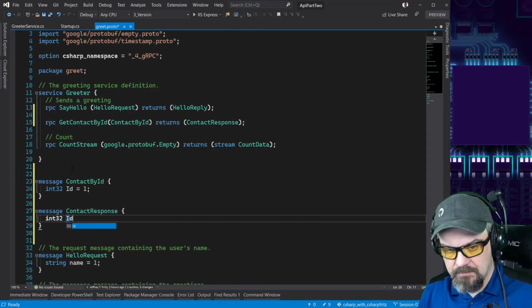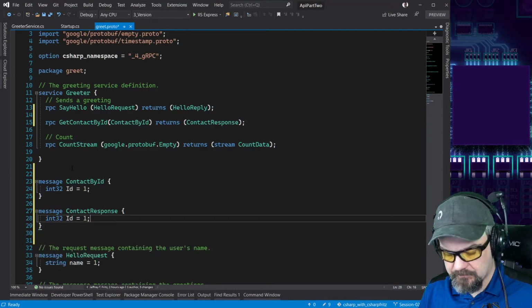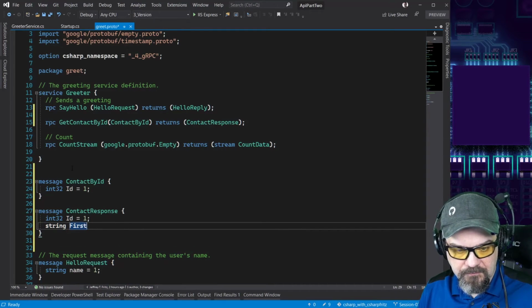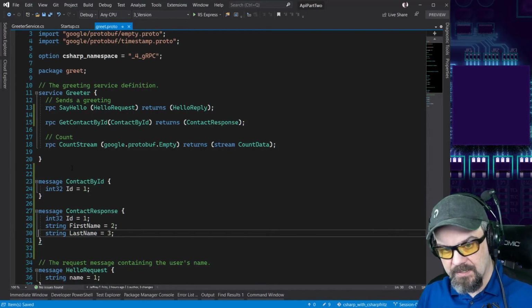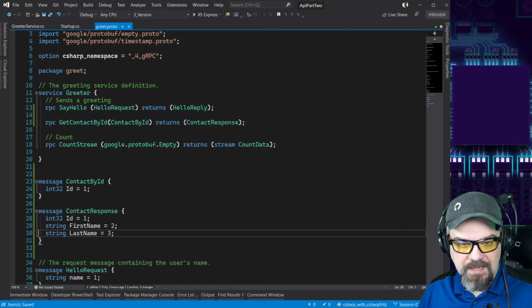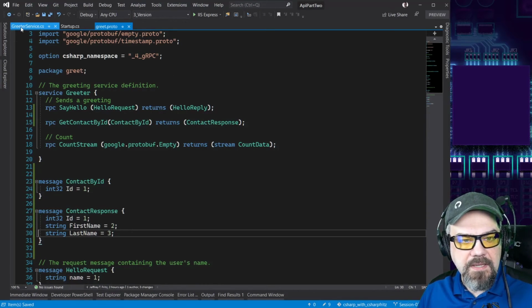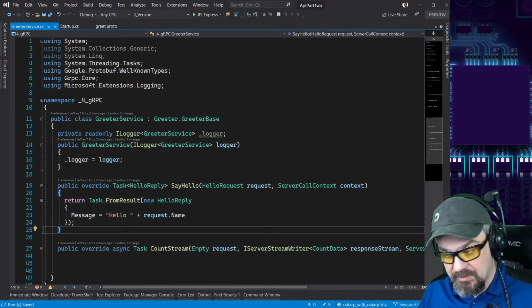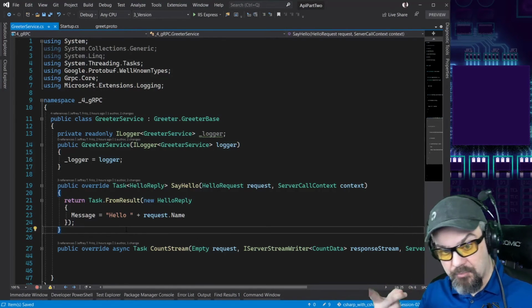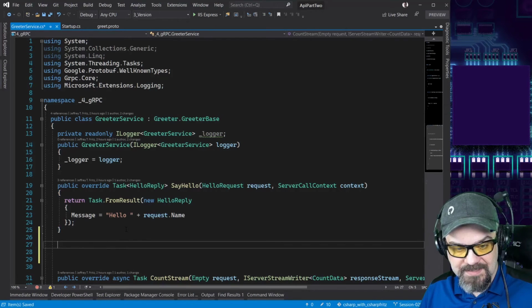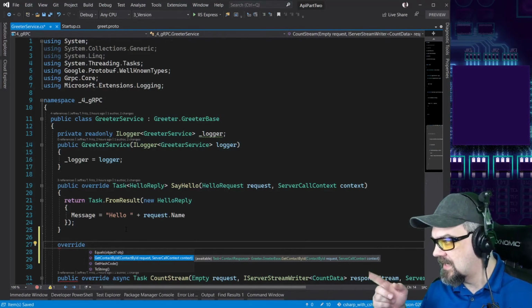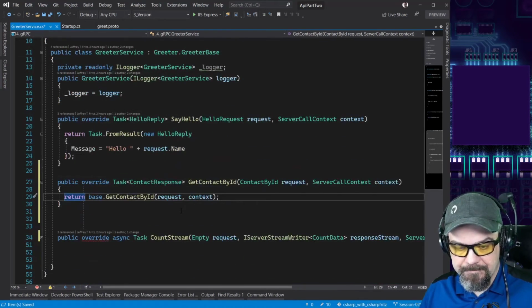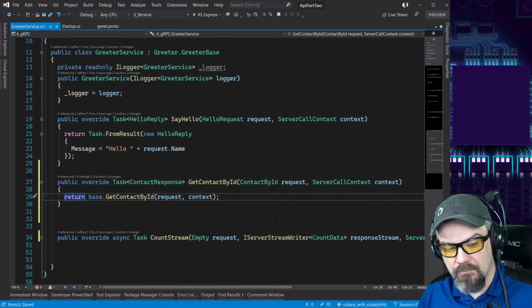So int32 ID equals 1, string first name equals 2, string last name equals 3. So there's my contact response. There's my get contact by ID. If I go back over to greeter service now, Visual Studio has already parsed that proto file for me behind the scenes, and now when I say override, I now get contact by ID that I can create and interact